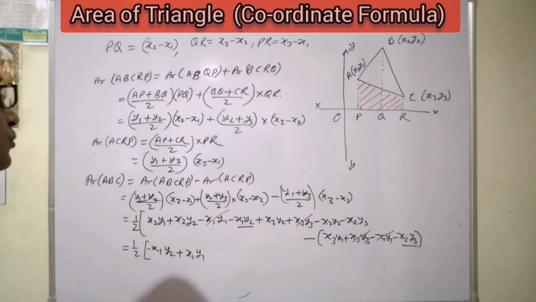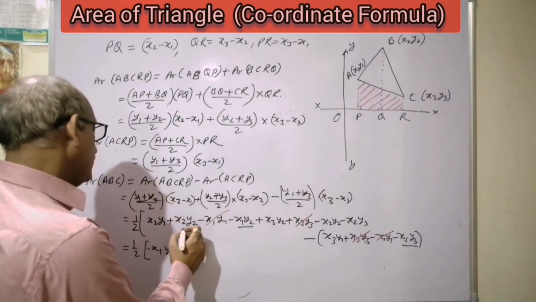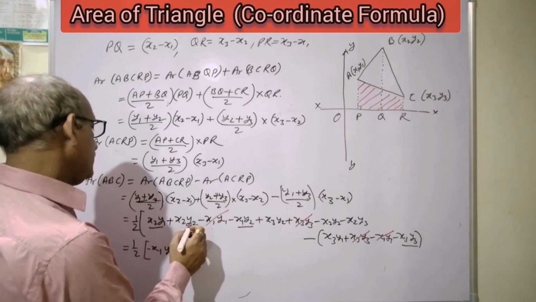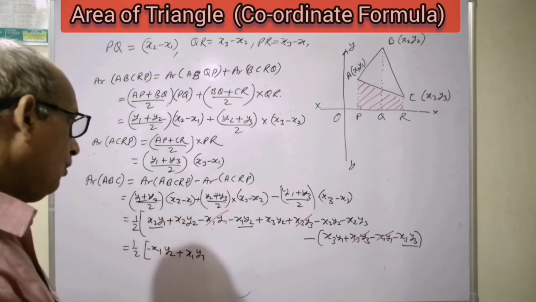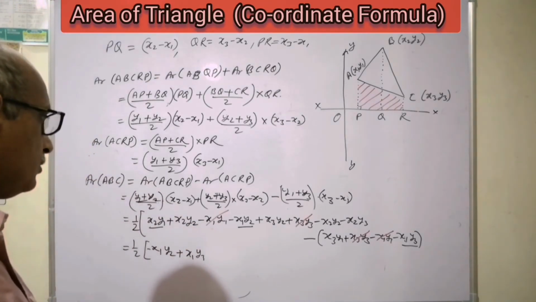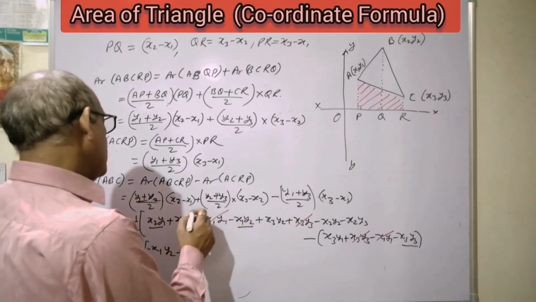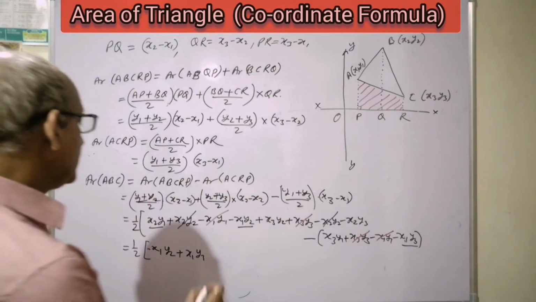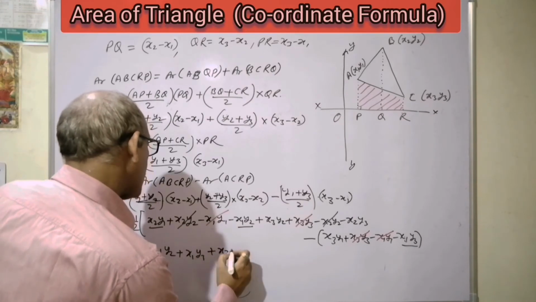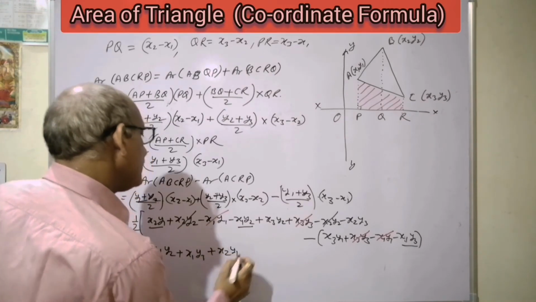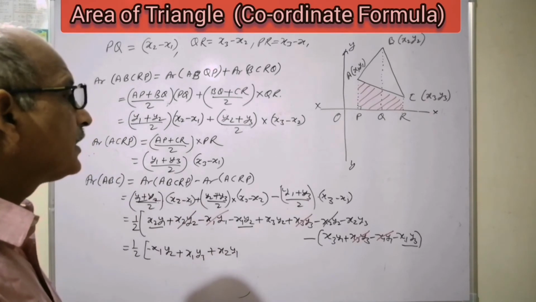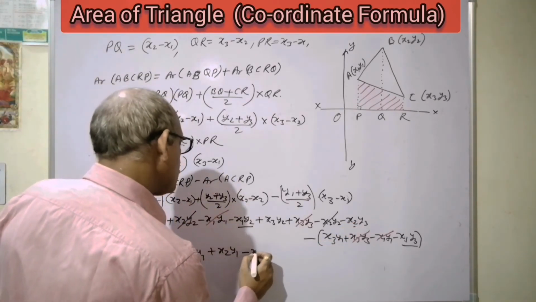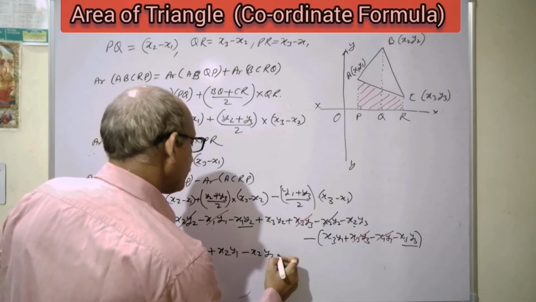Now we'll take x2 terms. So the x2 term contains y1 here, and another x2 term contains y2 somewhere else. The x2 y2, this cancels, this is also cancelled out. Now x2 term here, x2 y1 somewhere else. See, x2 available? Yes, here. So we can write here minus x2 y3.